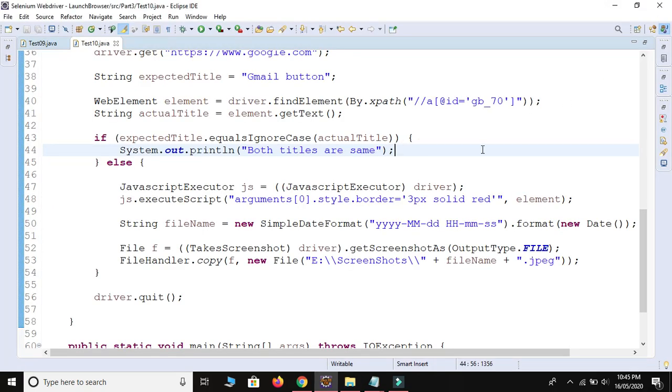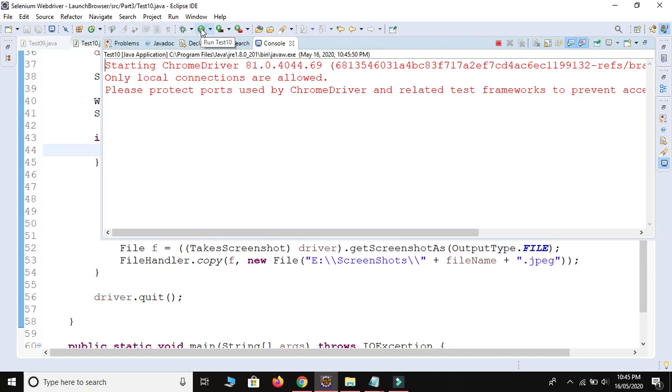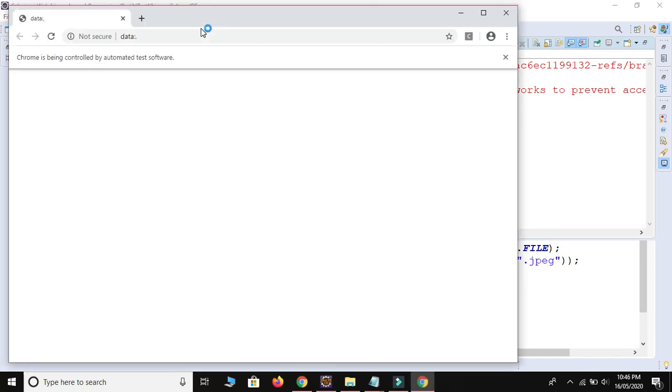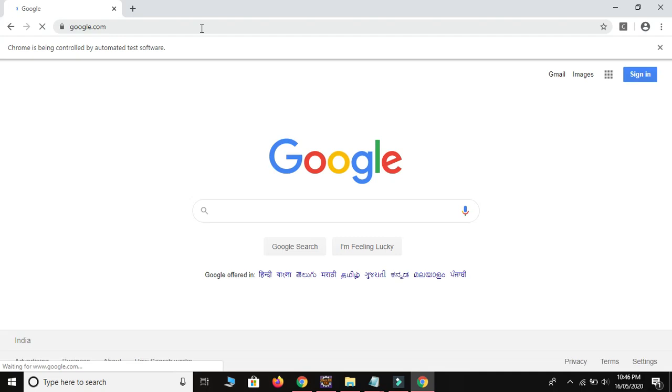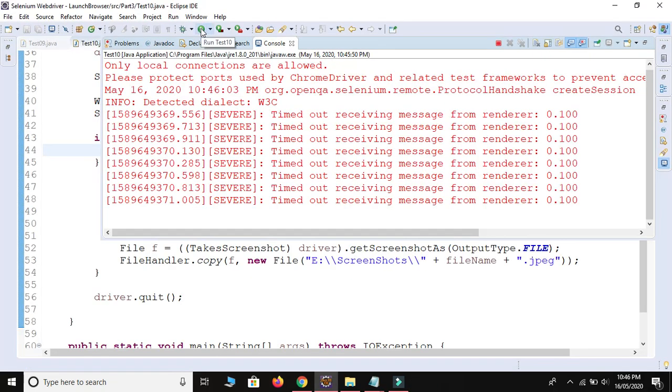So let me run. Okay, so in this situation it will take the second screenshot with the latest time. It will execute, then draw the border around sign in and then take the screenshot and will close.